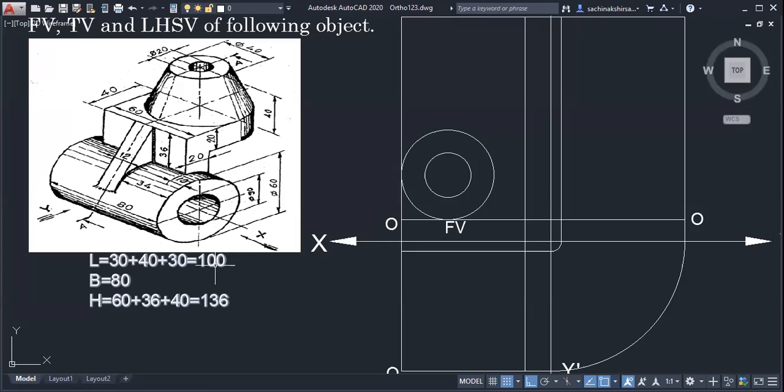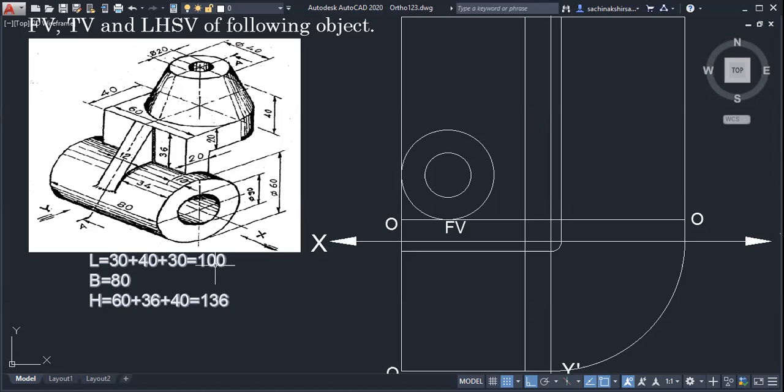Now I want to draw the middle part. Does everyone understand? Once I move vertically, how much distance should I move?